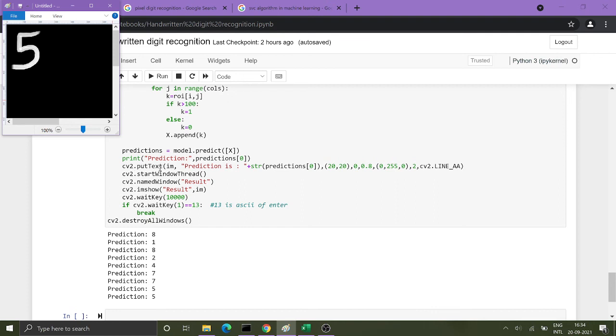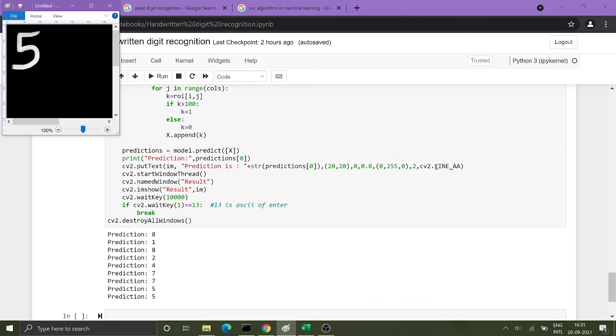Then putText is the line used for windows, as the output I showed was in a window. The text is the prediction as a string at index 0, and it puts that text in the window. 20, 20 is the position, 255, 0 is the green color in RGB.